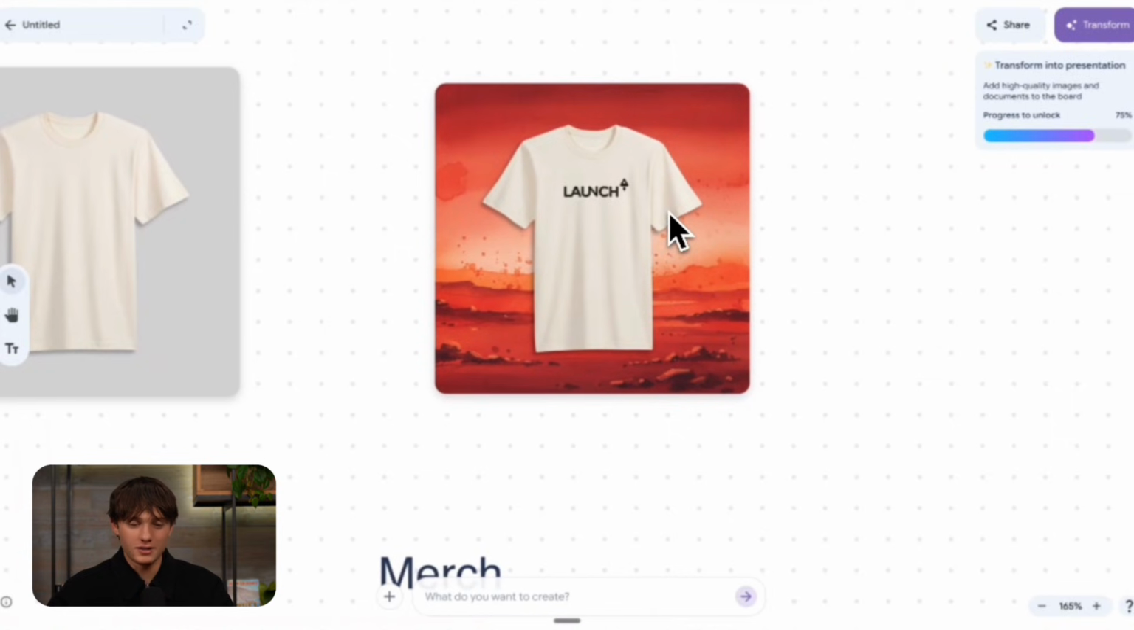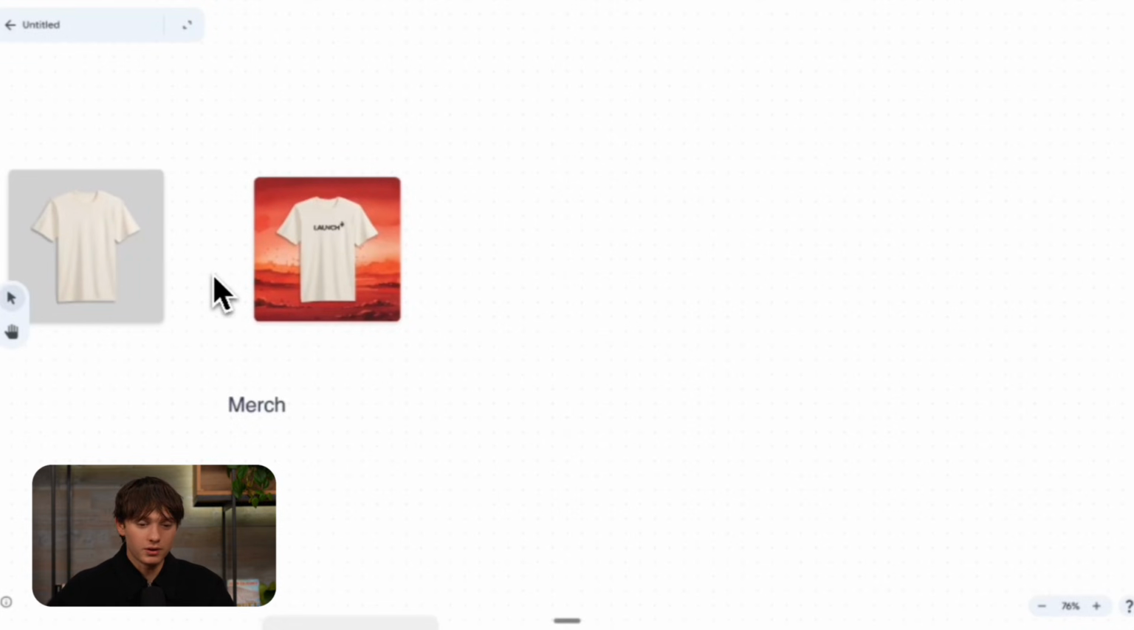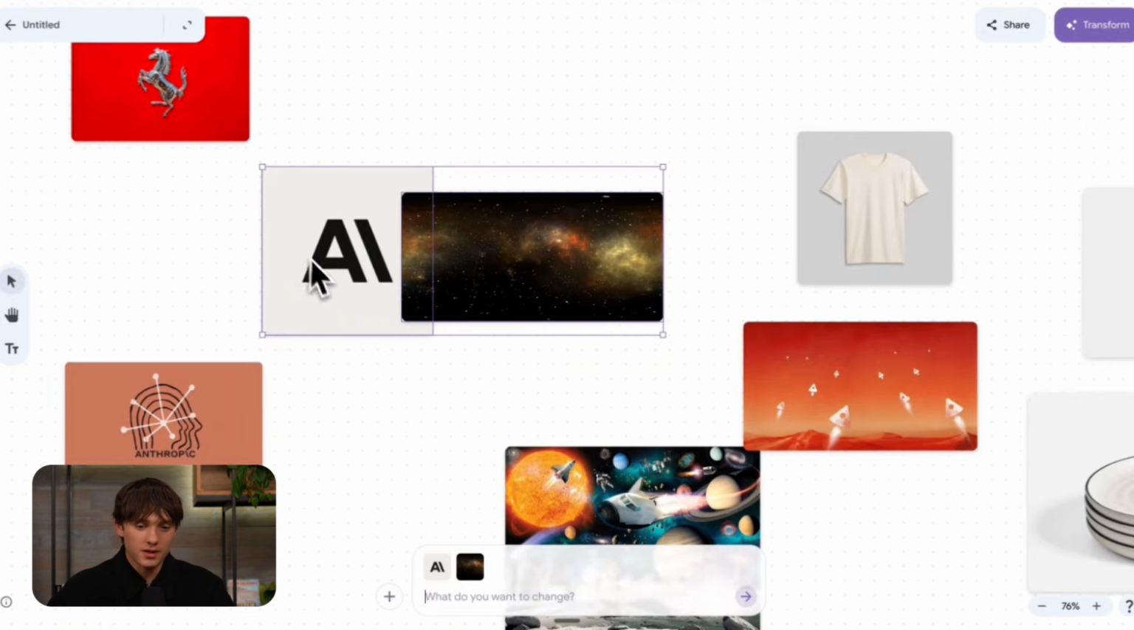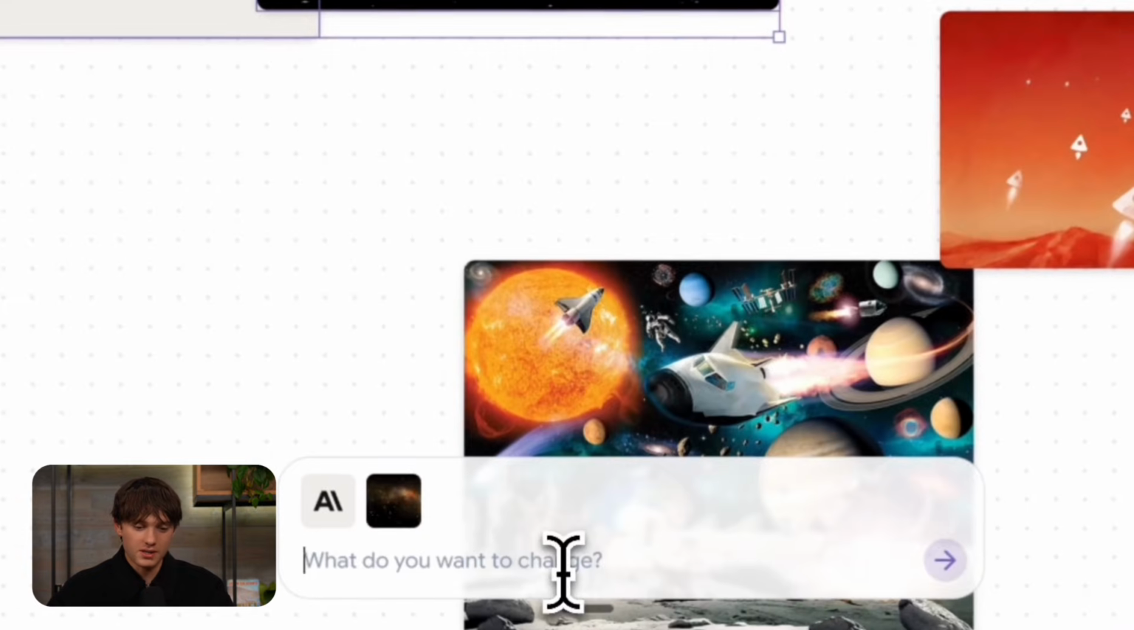And you can see it basically created exactly what I wanted. It put the logo on the shirt, used the other image as the background, and I think that my team will really like this. Another example would be to select the Anthropic logo in the space theme and kind of